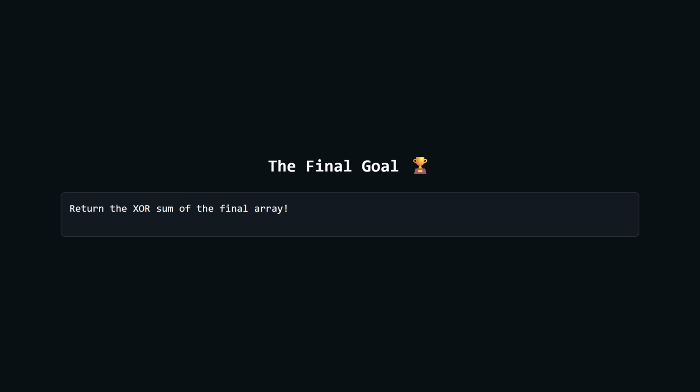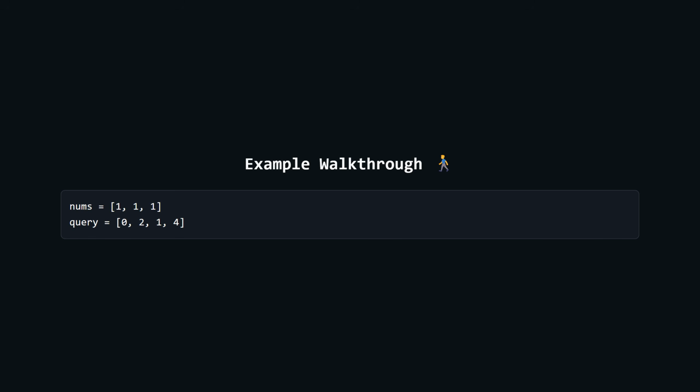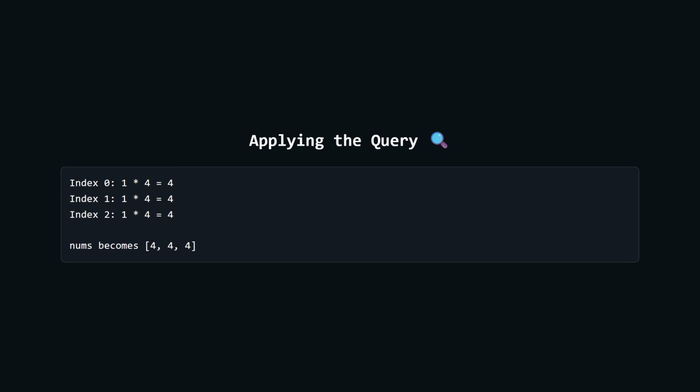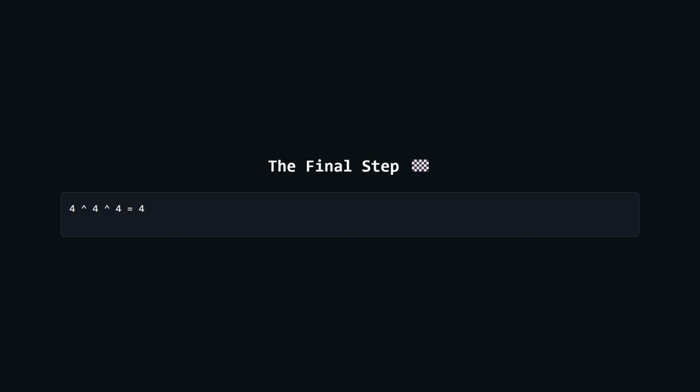After running all these complicated multiplying instructions, we just need to bitwise XOR all the numbers in the final list together and return that result. Let's look at a simple example to see it in action. Our list is 3 ones, and our instruction says, start at 0, end at 2, take steps of 1, and multiply by 4. Because our step size is 1, we just move through every single number in that range and multiply it by 4. Finally, we take our new list, XOR all the 4s together, and we get our answer,